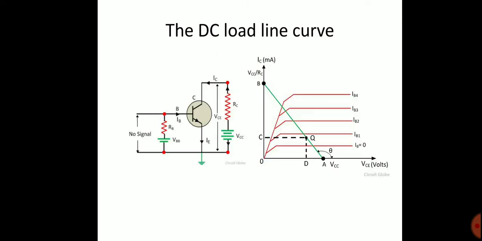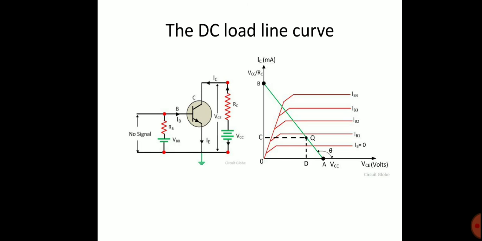We see the DC load line point: the collector current IC becomes maximum when the collector-emitter voltage VCE is equal to 0. Then the equation is collector-emitter voltage equals supply voltage minus 0 times RC, the collector resistance. So IC is equal to VCC divided by RC. This gives the second point on the collector current axis as shown in the figure. By joining points A and B, the DC load line is drawn.